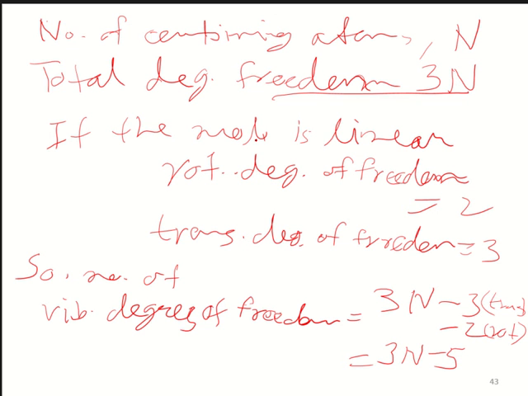If the molecule is non-linear, here we are talking about non-linear, rotational degrees of freedom would be 3, ठीक है, and so this one is getting changed here, minus 3 for rotation, and so 3n minus 3 minus 3, 3n minus 6 हो गया ना,